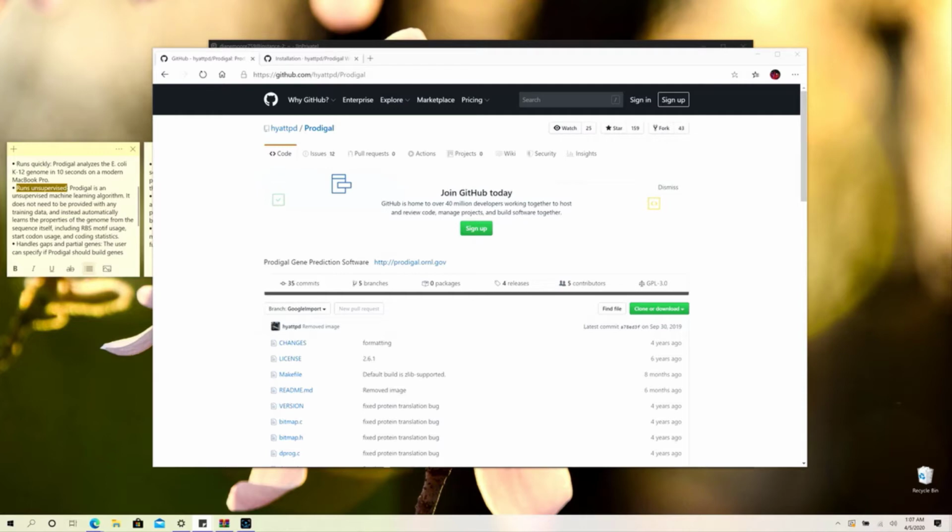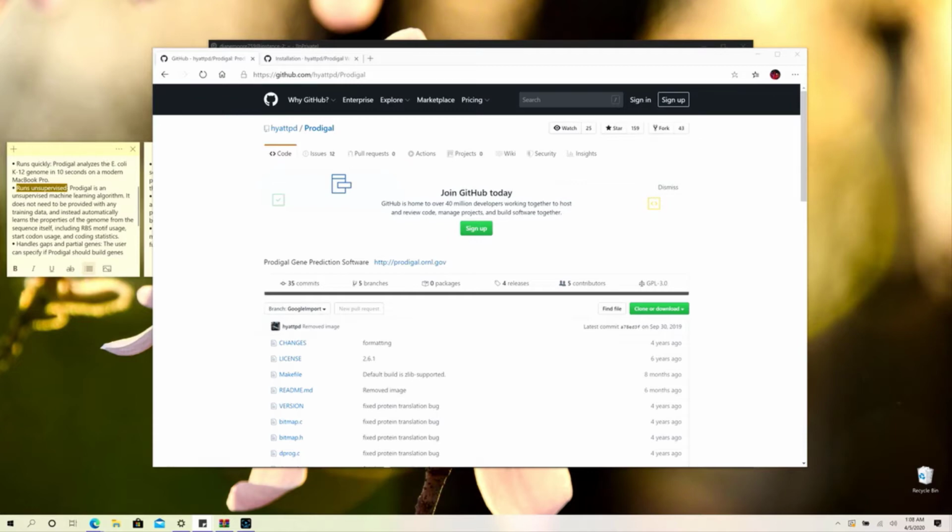For example, you don't really have to provide any outsourced or third party material, or any other genome material, to your Prodigal gene prediction tool so that it can predict according to your input. Rather, all you have to provide is the genome file and it will predict on its own. You don't have to provide any training data. It will predict the genes based on the properties of the genome that you provided, such as the RBS, which is the ribosomal binding site, motif usage, start codons, ORFs, and the coding statistics